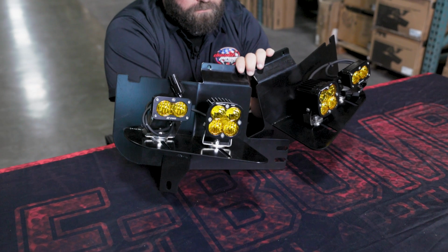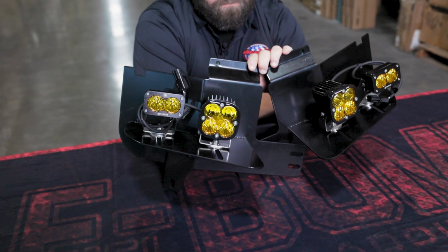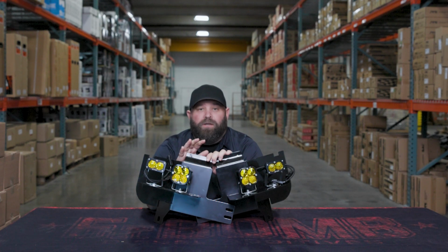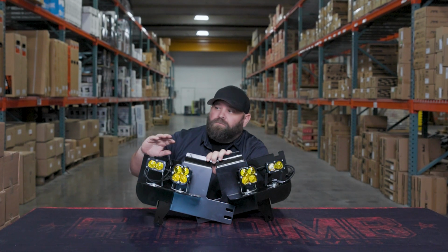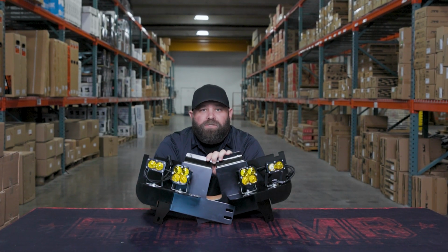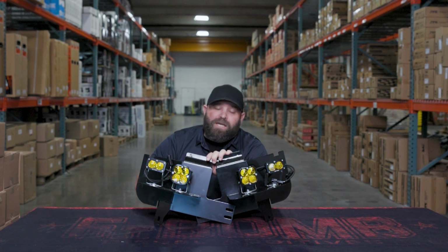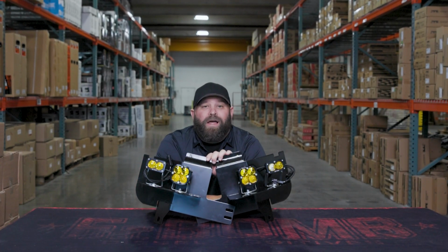Today we're talking about BMC light fog kits for the 23 to 24 Ford Power Stroke. If you've never run these before, it will drastically change the lighting on the front of your truck. Whether you're the hunter that goes out on the evening hunts, driving down the road at night, or the ultimate off-road machine, this kit will completely light up everything in front of you, utilizing factory mounting locations in your